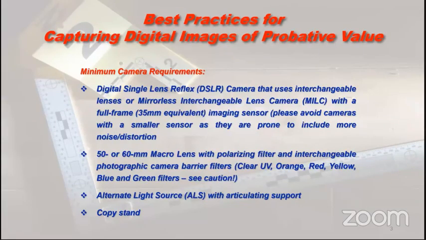And something that you should also have are polarizing filters, and we also recommend that you have interchangeable photographic camera barrier filters, such as your red, orange, yellow, depending upon the type of alternate light source that you are using. And of course, you want to make sure that you have a copy stand so that you can properly balance